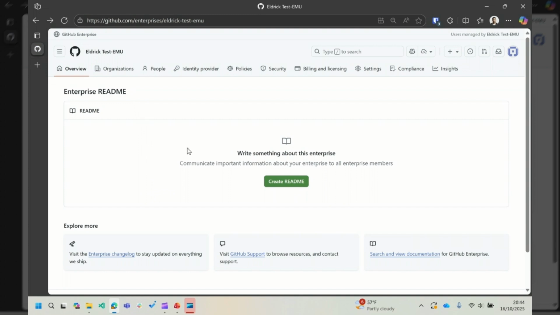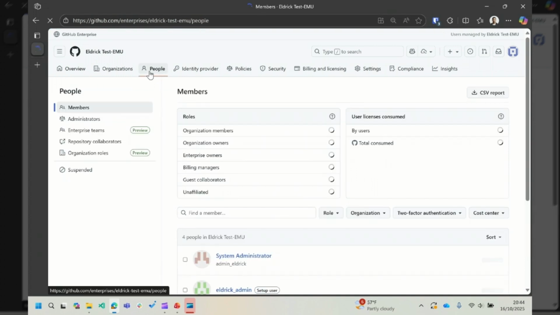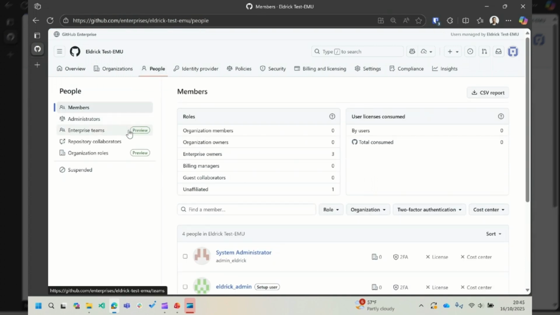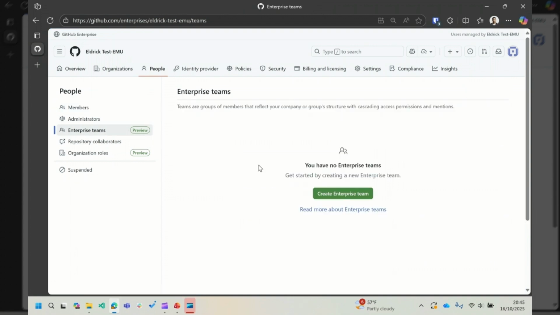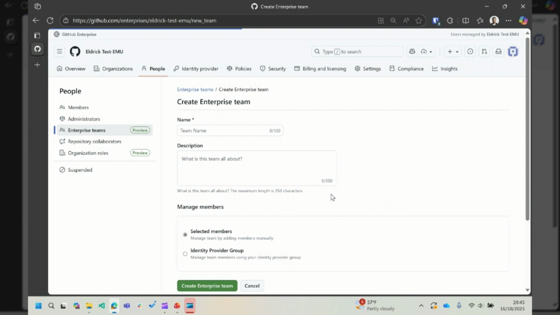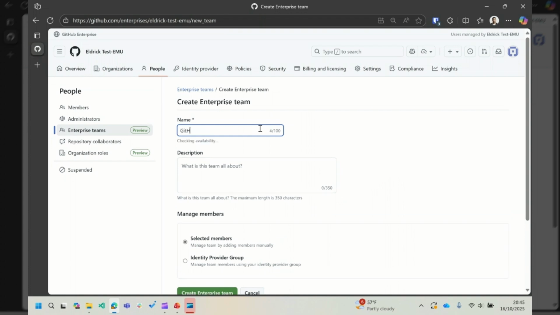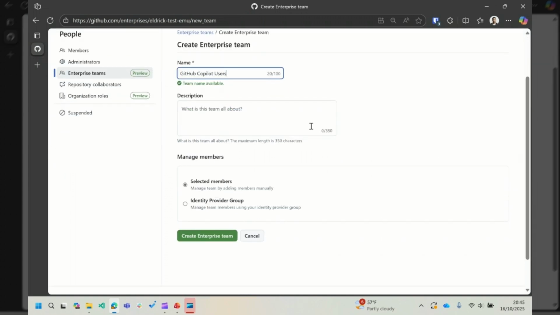I will navigate to People and Enterprise Teams. I will create an enterprise team and I will name the team whatever makes sense. Typically, something along the lines of GitHub Copilot users. After creating the name, I can optionally add a description, and then I can manage how my members are added. I will select Identity Provider Group,